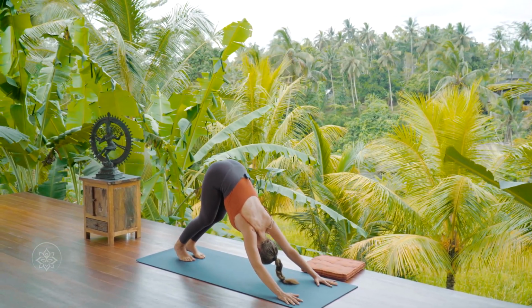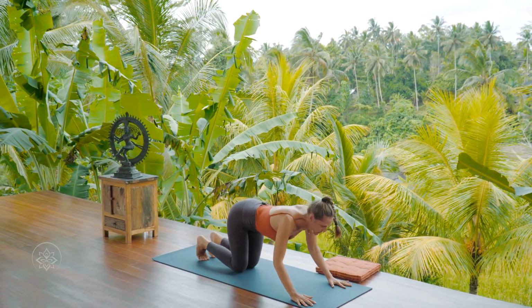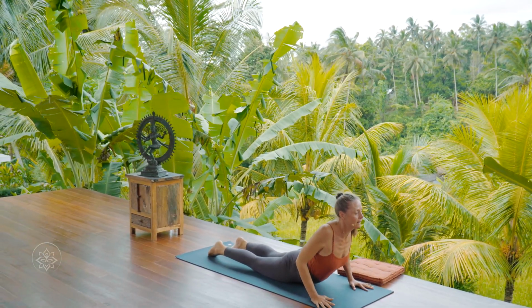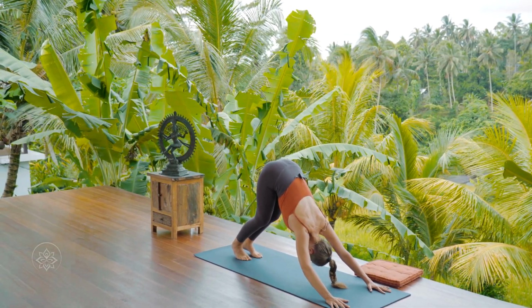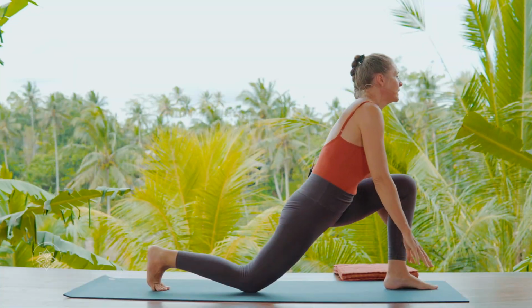Inhaling deeply. And exhaling, come onto your toe tips and lower chin and chest to the floor. Inhaling into a cobra to lift to the heart. And exhale back into downward facing dog. Inhaling that left foot to the front. And from here,